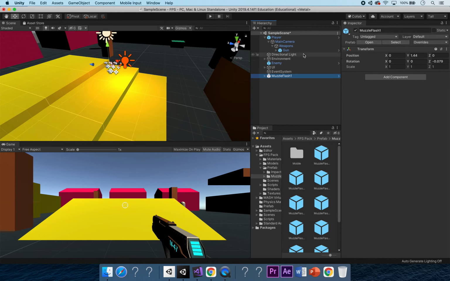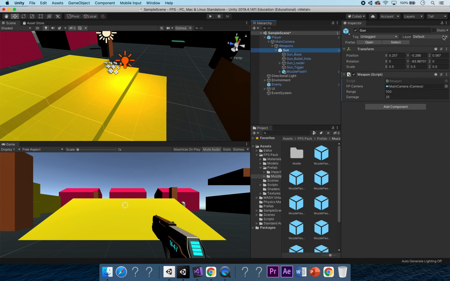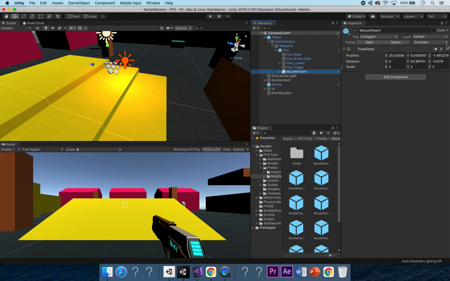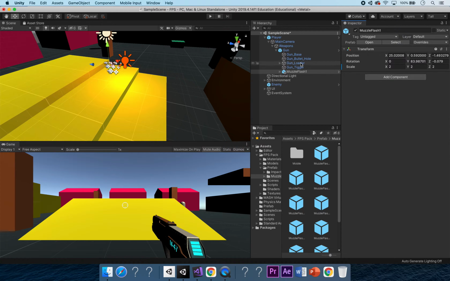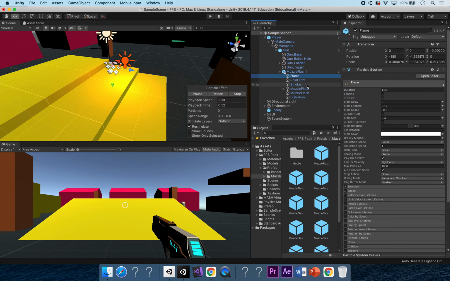What I'm going to do is add this to my gun. It adds it to the bottom. It doesn't add it to the prefab, so let's look at the overrides. Actually, we do need to have a look at this. If we have a look at our particle systems here, whether you have created your own or downloaded a pack like I have,